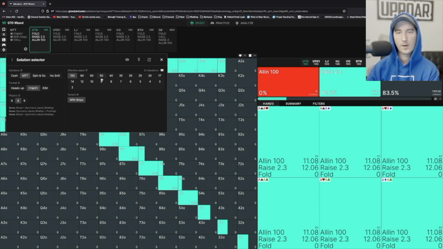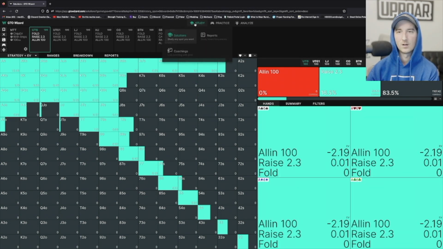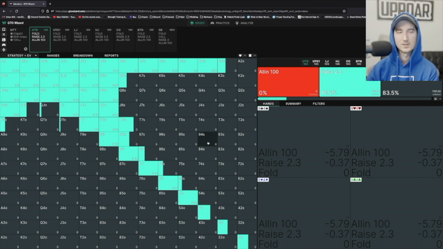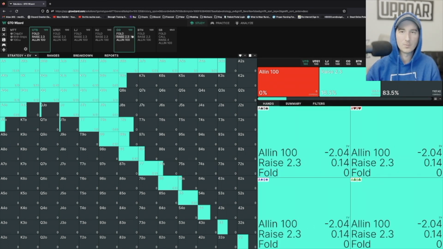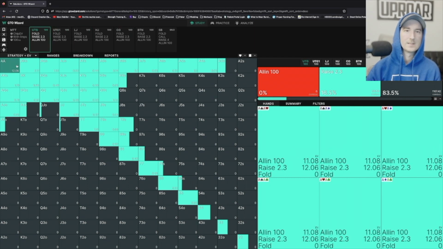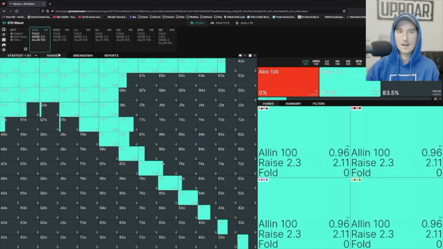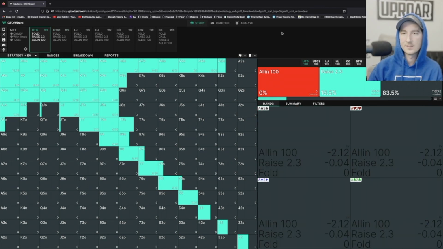So I'm going to go ahead and leave this as is, just because there's already, well, it turns out I didn't actually leave the spot in there because I changed the solution technically. But what's cool is that, for example, let's say I want to just study under the gun opening ranges. For whatever reason, I'm not confident in my under the gun opening range. You can actually,